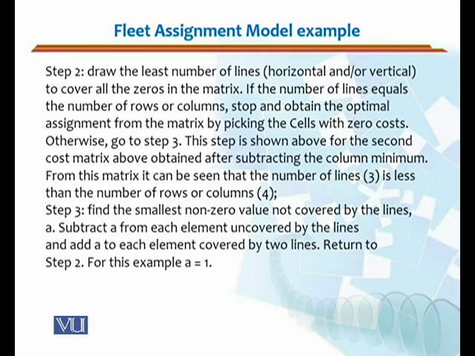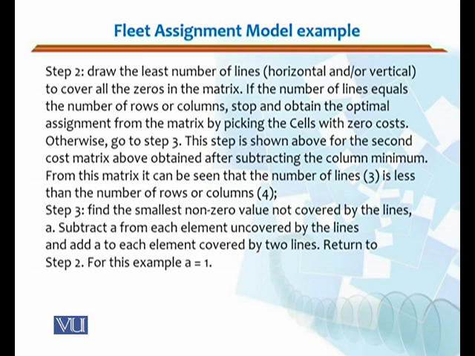This step is shown above for the second cost matrix, obtained after subtracting the column minimum. You have to repeat it for the column minimum. From this matrix, it can be seen that the number of lines, 3, is less than the number of rows